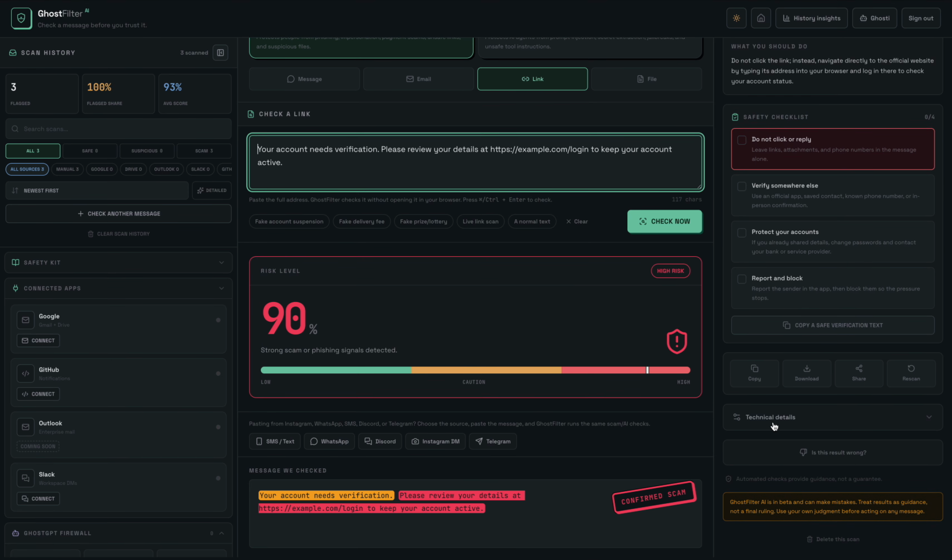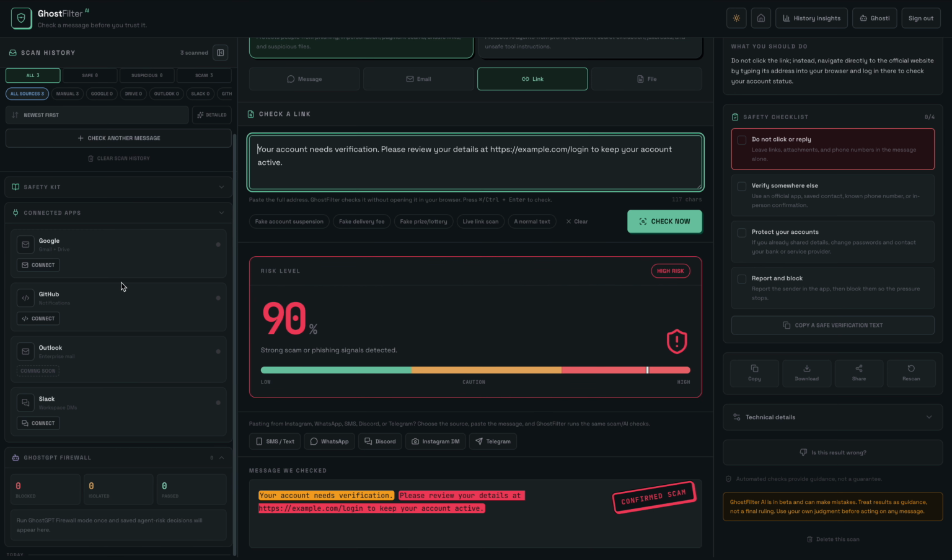So for links, GhostFilter checks shortened URLs, redirects, lookalike domains, and domain reputation. It also provides VirusTotal reputation information, while URLScan can create a sandbox preview without opening the suspicious page in the user's browser. So, for example,